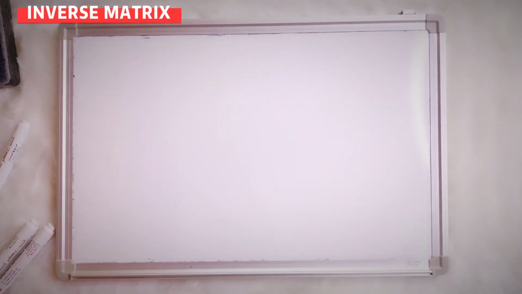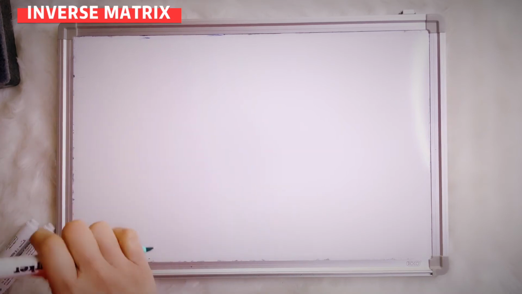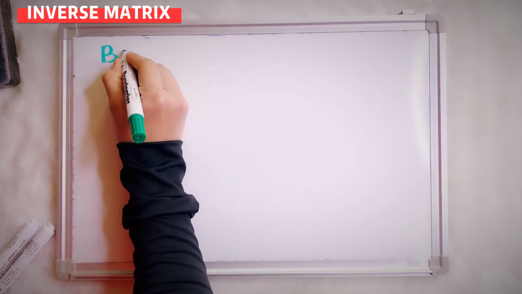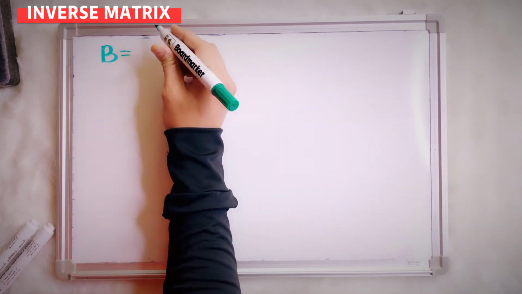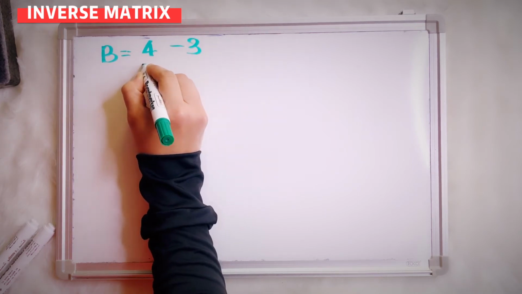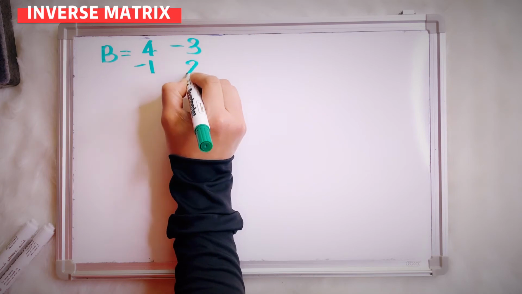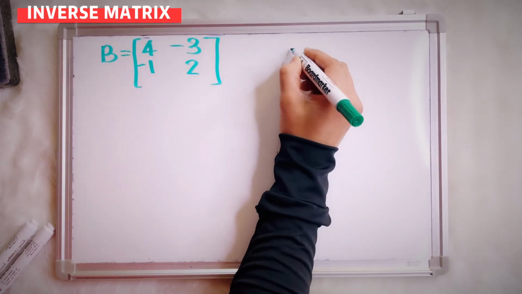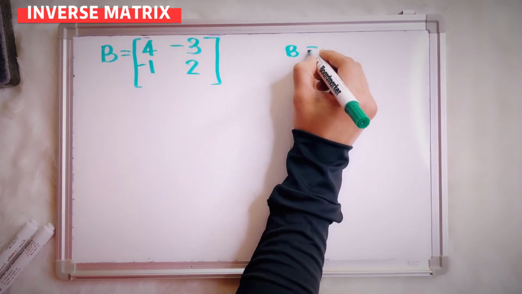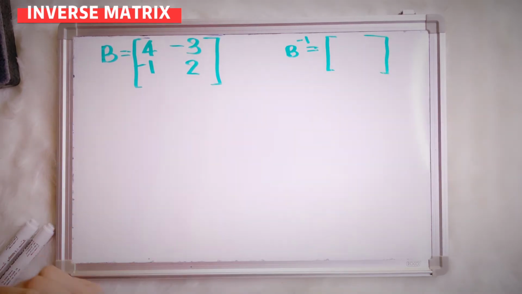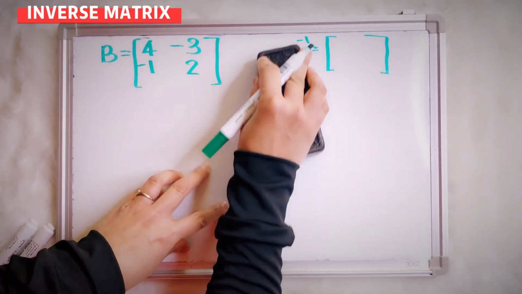Alright, let's see. Here, you have B equals 4, negative 3, negative 1, and 2. Okay, so what is your B inverse? Okay, so I will change. Okay, let's say I give here